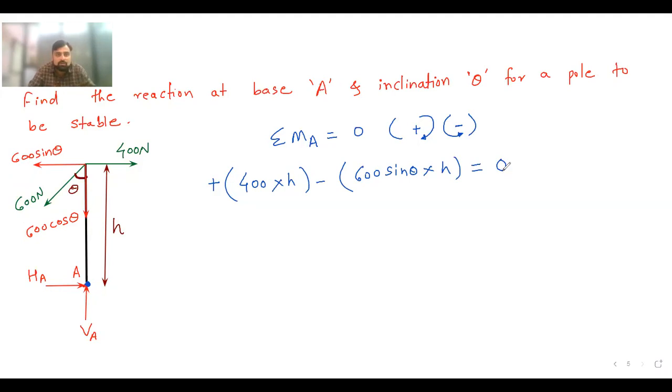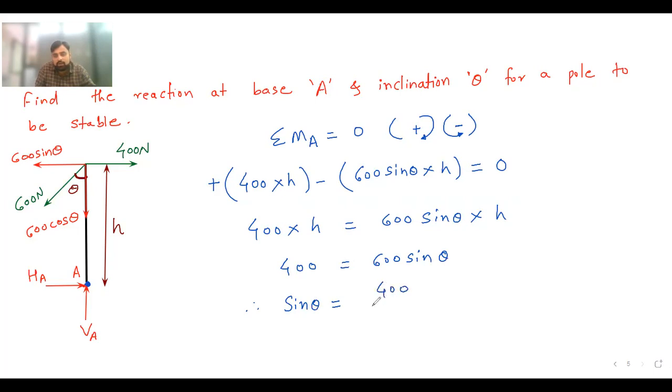Yes, sir. Okay. So now this 400 h minus 600 sin theta into h is equal to 0. Now if we transfer it to that side, then you will get 400 into h is equal to 600 sine theta into h. So this h will cancel from both the sides. Now what you will get? 400 is equal to 600 sine of theta. So therefore sine theta is equal to